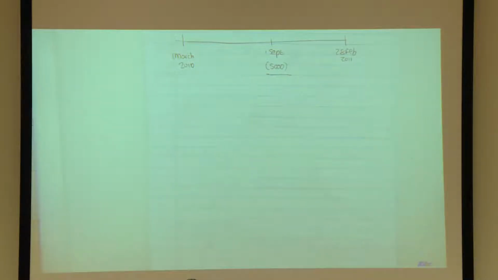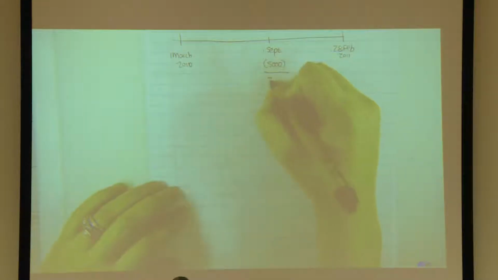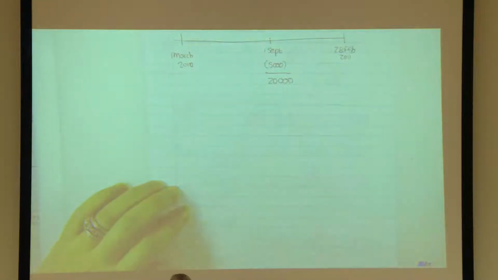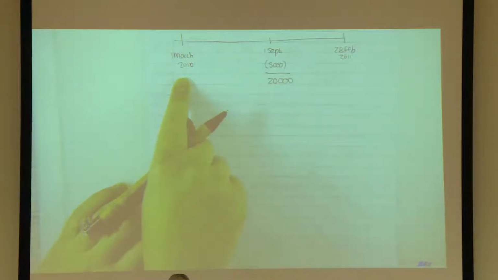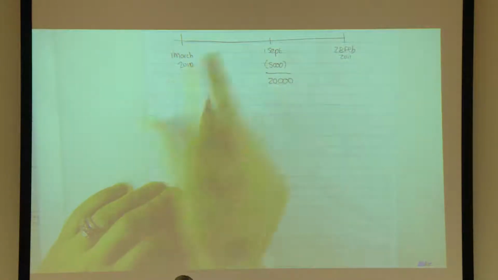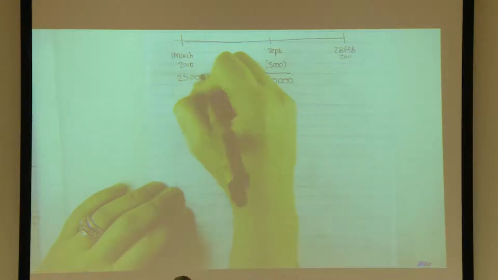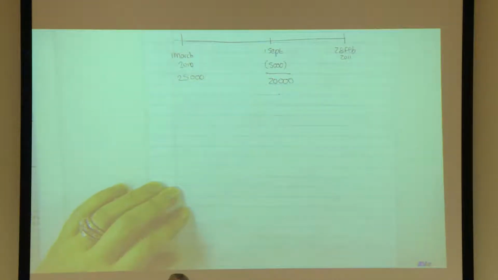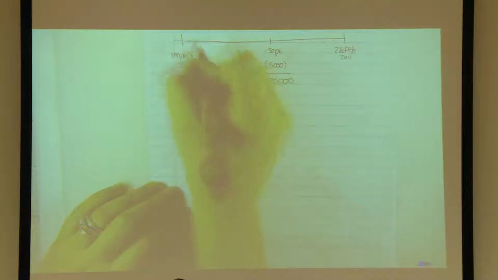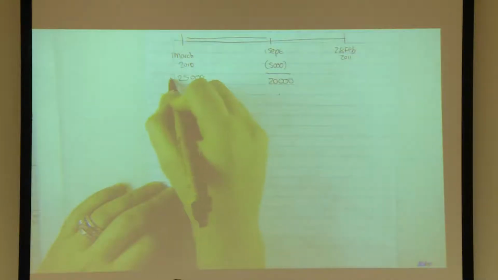We are busy with loan, 20,000. Good. So what is the balance in the beginning? It should be more because the loan was paid back. So now interest should be calculated on 25,000